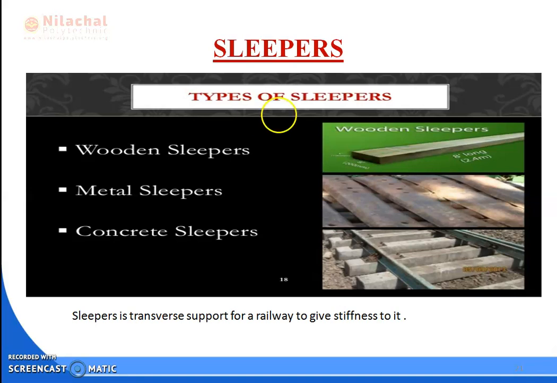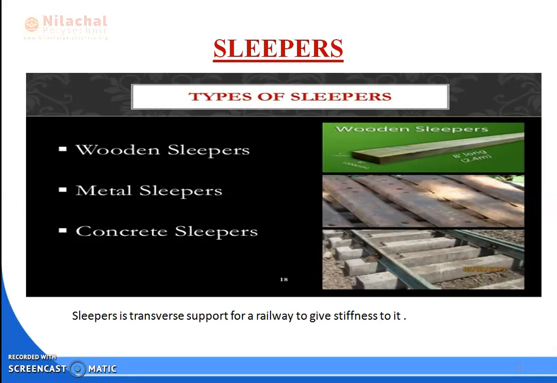Concrete sleeper lifespan is 40 to 60 years, which is more than the other two sleepers. It has better stability and lesser damage during handling and transport, because it is made of concrete. That's why it has no damage by the transport system. Okay, and it easily maintains the gauge distance, and no damage due to corrosion and fire because it is concrete, and no possibility of theft.